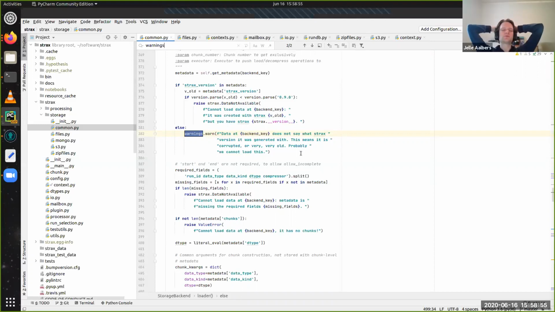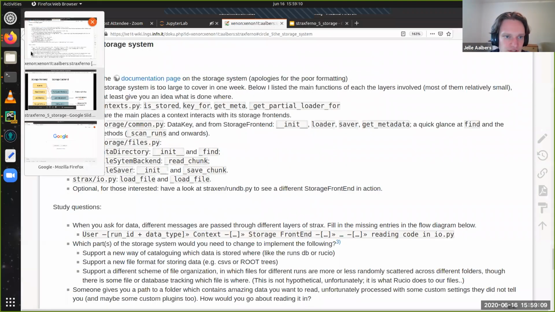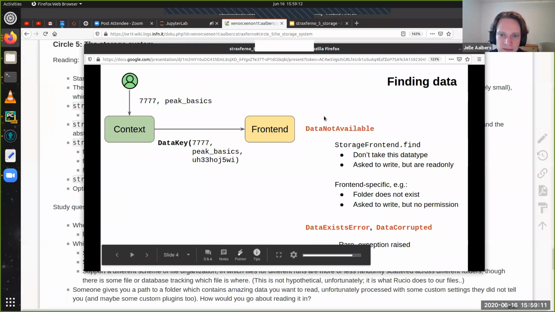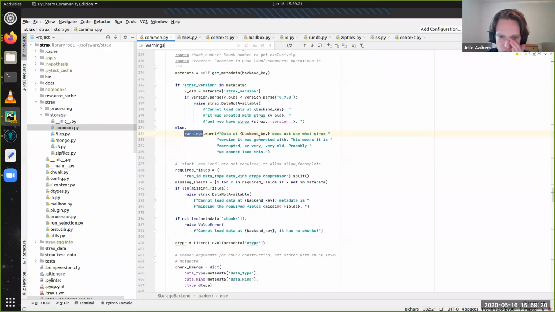No, it's a fair point, Daryl. So there are many ways of communicating with the user, and as you say, exceptions are special because you can catch them and then do something with them. And the most important exceptions we saw, that was this data not available exception that's raised in the various places and then caught, and then the message is maybe changed a little bit. But I think your comment was mostly about the non-breaking ones.